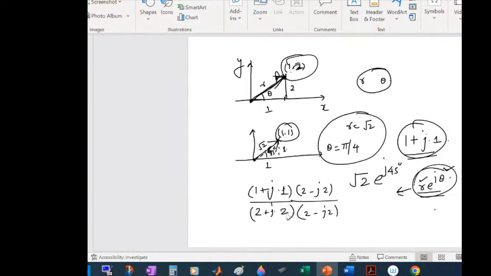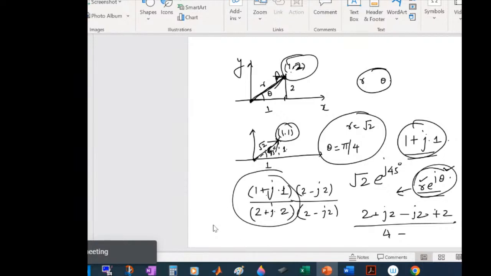Okay, and then of course you will multiply 2 into 2 is 2, and then plus j2, minus j2, and minus j square into 2. j square is minus 1, so plus 2, divided by something plus something, something minus something, so a square minus b square. So you will do that to solve it. Whereas if I ask you to do this work in polar coordinate system, that will be much easier,